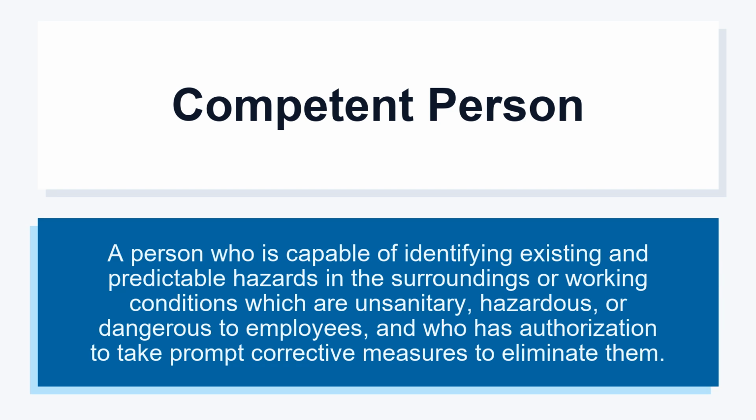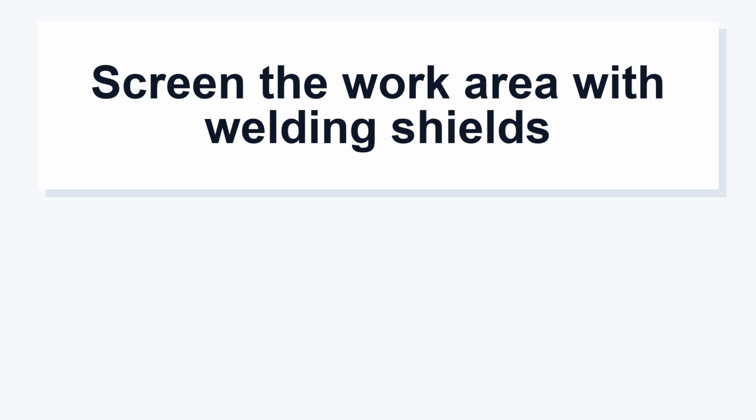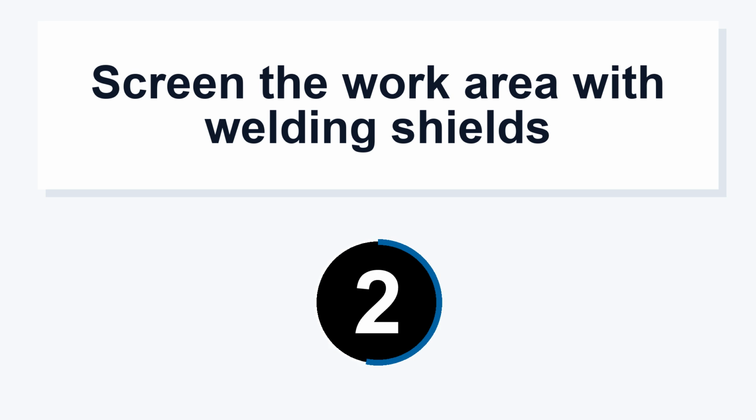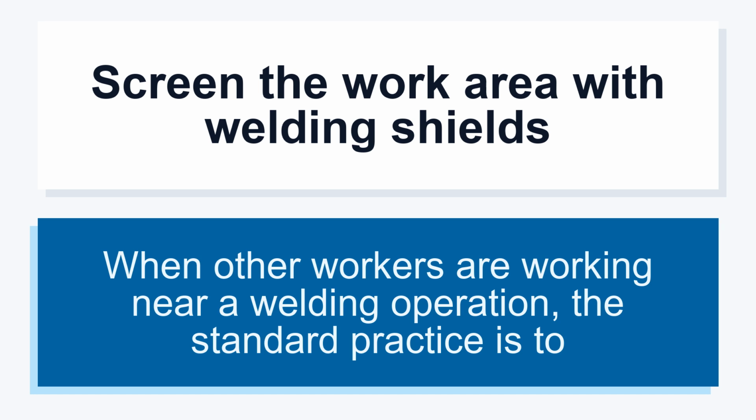Competent person. A person who is capable of identifying existing and predictable hazards in the surroundings or working conditions which are unsanitary, hazardous, or dangerous to employees, and who has authorization to take prompt corrective measures to eliminate them. Screen the work area with welding shields. When other workers are working near a welding operation, the standard practice is to